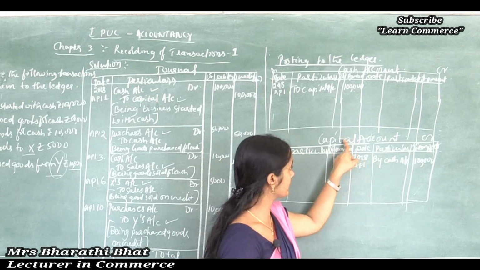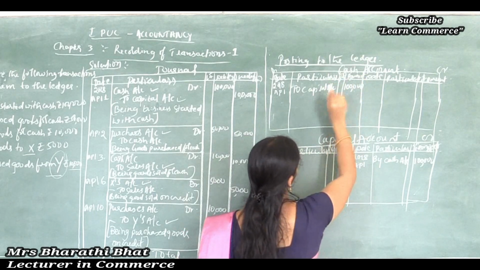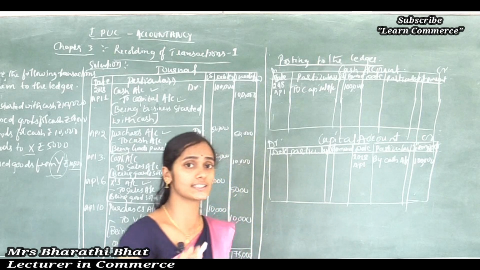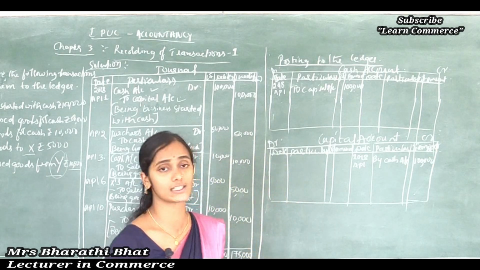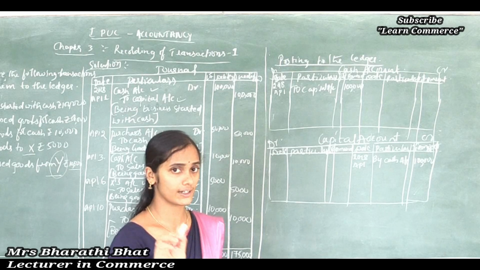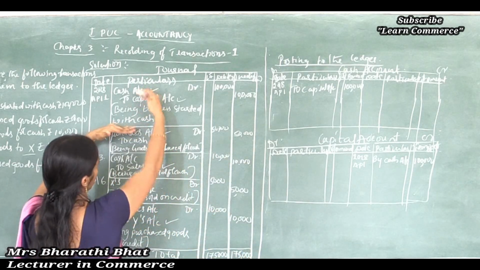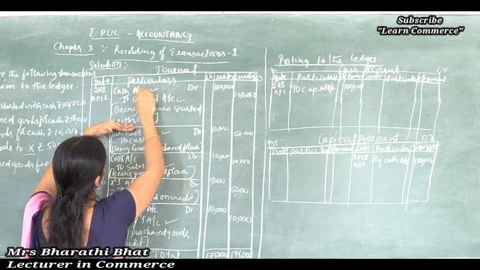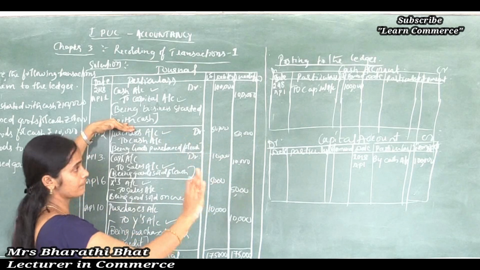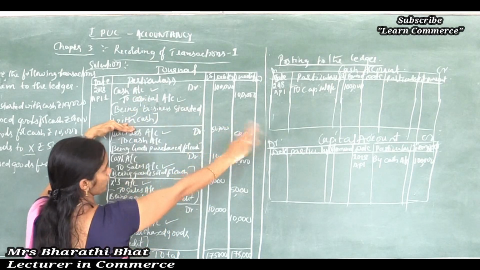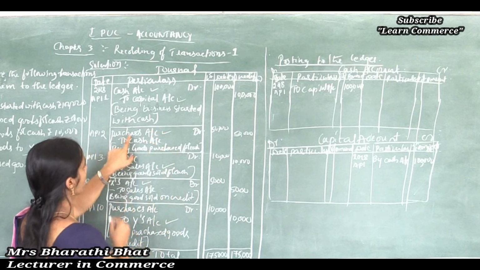Cash account debited to capital account. We can easily tell the journal entries just by seeing these ledger accounts. Clear? Getting my point? Okay. So the first one, the 2018 April 1st transaction, is now clear. These two transactions are posted to the concerned ledger accounts, and we move to the next one.